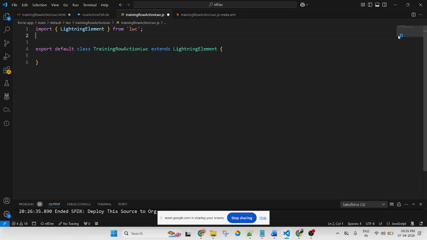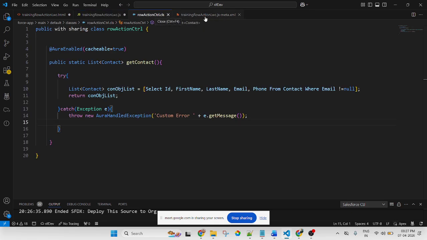If you are creating a method in an Apex class, first you need to import the method. What is the process of importing any kind of Apex method? This is my method, the method name is getContact.